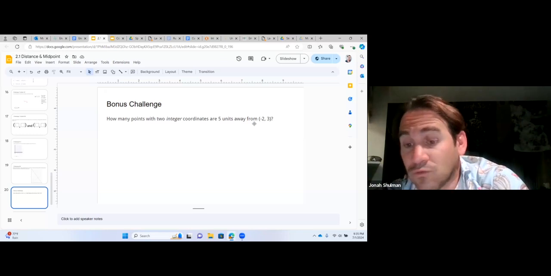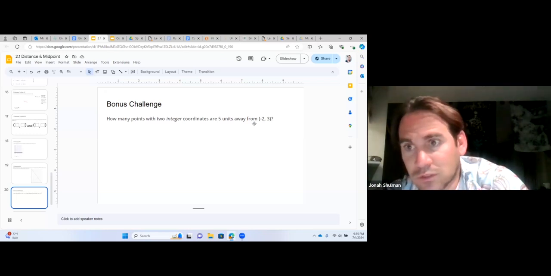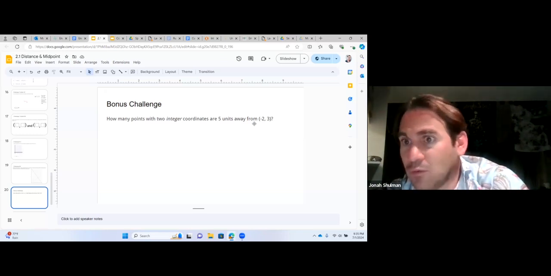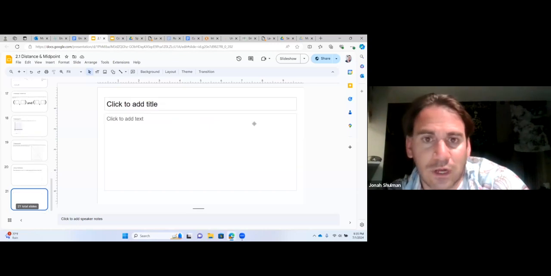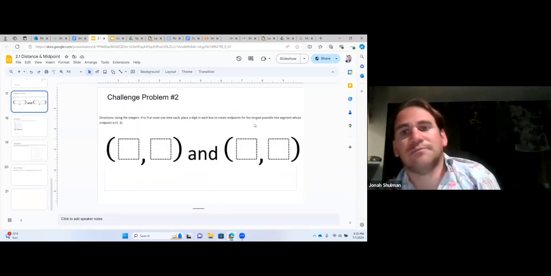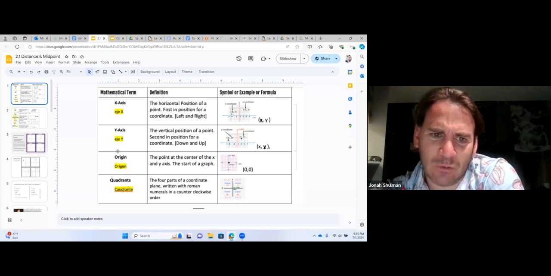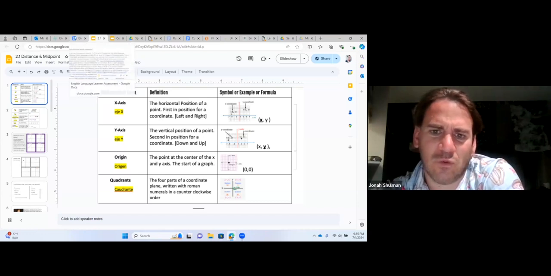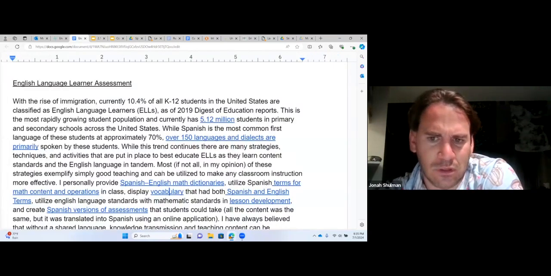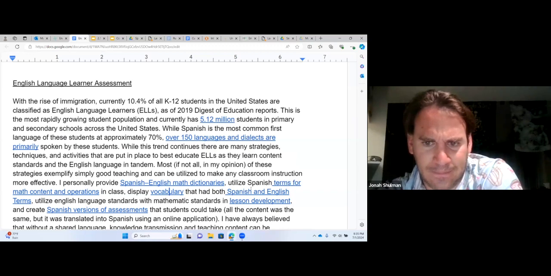I'd have these around the room and they'd work on them in groups, stations. They're always moving. My students are always moving around. So that's this lesson. Feel free to steal it, but just notice how I'm always trying to make the math more accessible. All right, so